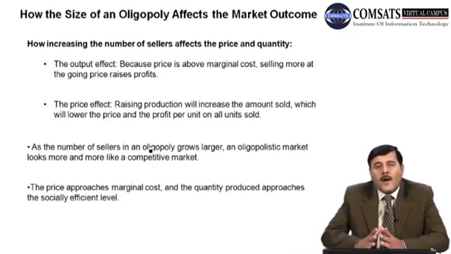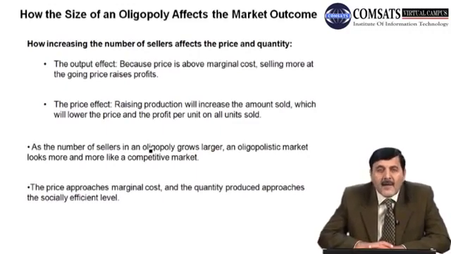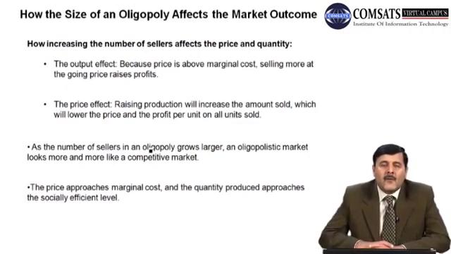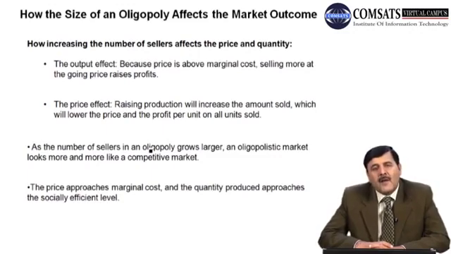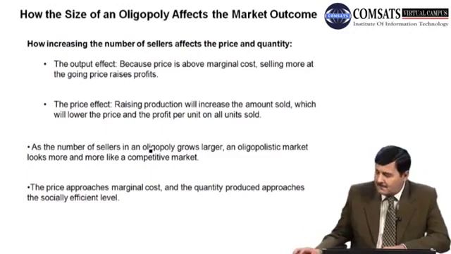So this is how the size of an oligopoly market affects the market outcome. तो हमने बात की कि किस तरह से नंबर ऑफ फर्म्स बढ़ें तो इफेक्ट करती हैं मार्केट को। तो हमने कहा कि एक आउटपुट इफेक्ट होगा। आउटपुट इफेक्ट में हमने देखा कि उसके ज़्यादा सेल करने से सेम प्राइस पे प्रॉफिट बढ़ जाता है। और दूसरा जो है प्राइस इफेक्ट होगा। प्राइस इफेक्ट कैसे होगा? जब नंबर ऑफ फर्म्स बढ़ जाएंगी, प्रोडक्शन बढ़ेगी, सप्लाई बढ़ेगी और इन टर्न क्या होगा, उसकी प्राइस कम हो जाएगी और प्रॉफिट भी कम हो जाएगा।